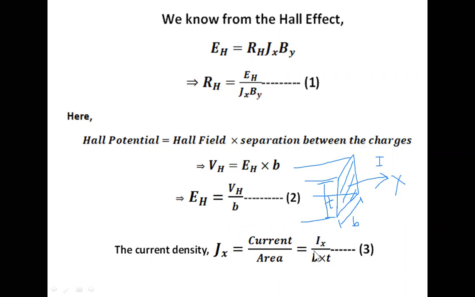Now we can measure the value of current which is flowing through the block, and we can also measure the area of the block. So we can now calculate the value of current density from the measured values of current and the area of the block. Now let us consider these two equations, equation number 2 and equation number 3. Now let us substitute equation number 2 and 3 in equation number 1, so that